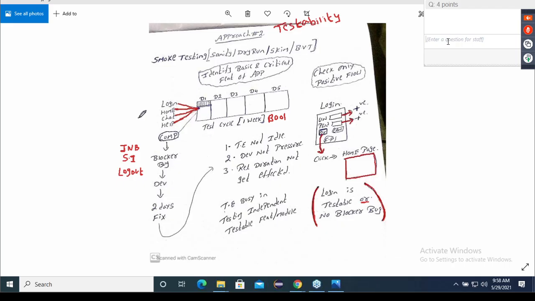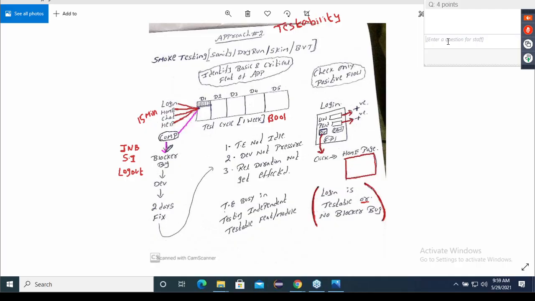Let's assume 15 minutes it has taken to decide whether 4 modules are testable or not. Roughly, the time I have written here. Yes or no? 15-20 minutes I took to decide if it is testable or not. Correct? Next, what I did, immediately I will click on this compose module. Now, as soon as after the 15th minute I click on the compose module,